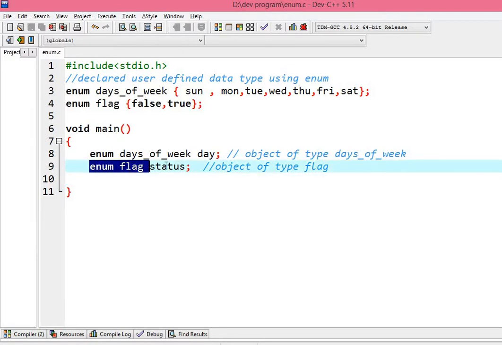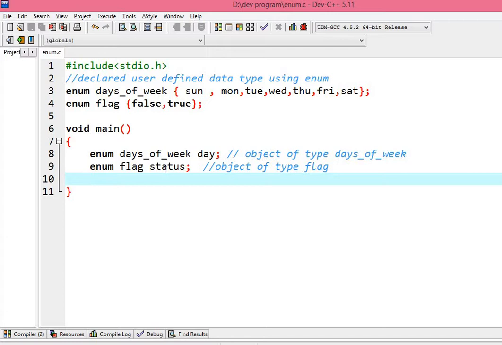Right now we will focus on how I can use this status object of type flag to make it work as a kind of Boolean. First of all, let me assign status as false.